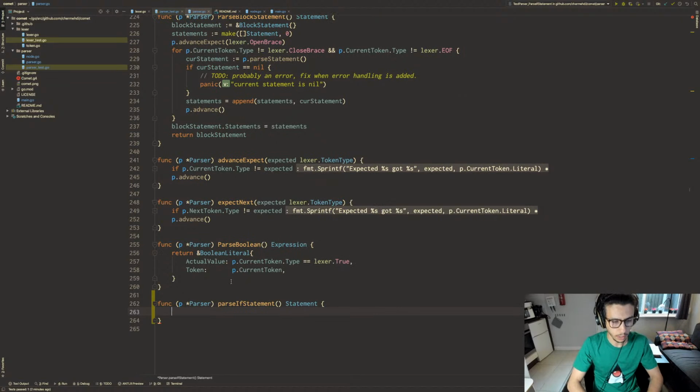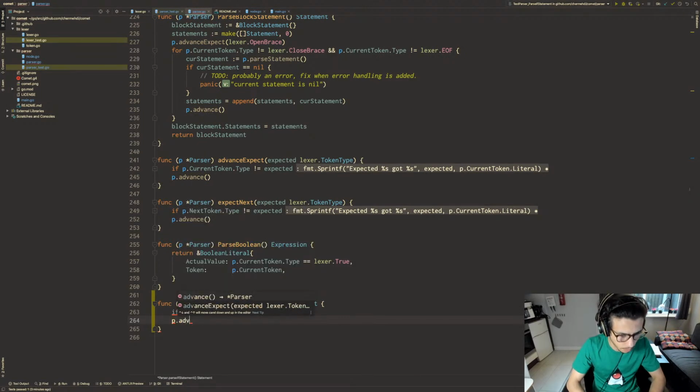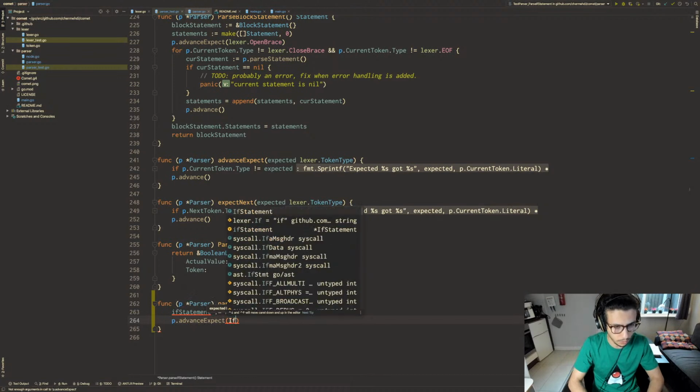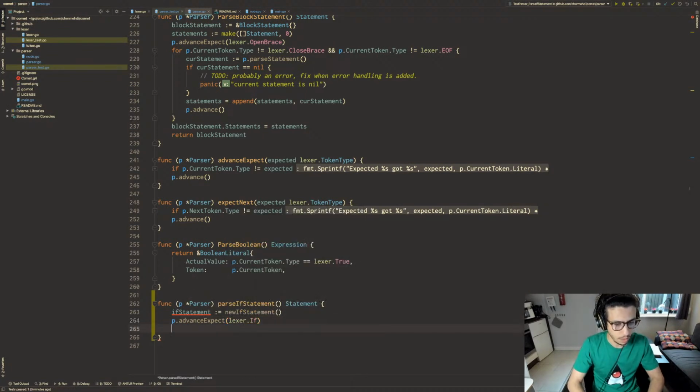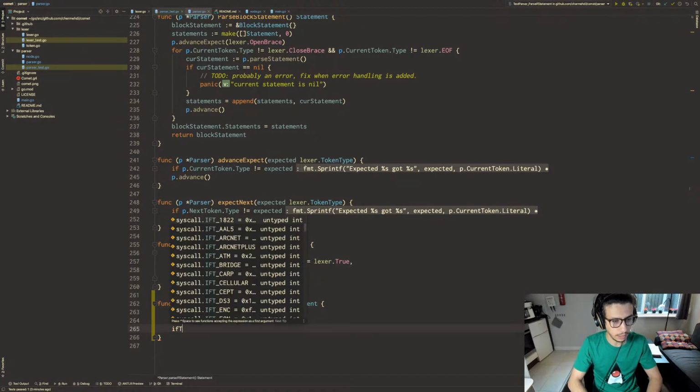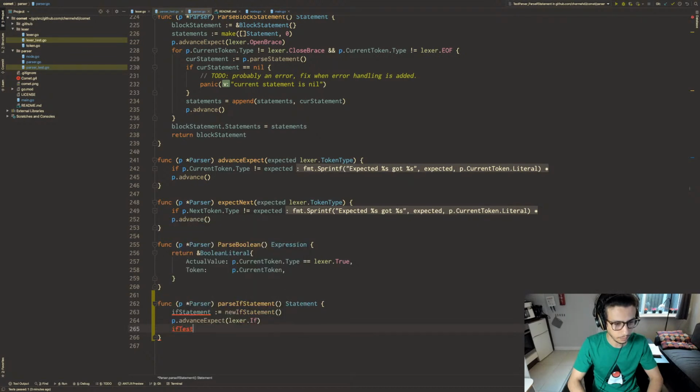So we know that we are going to parse an if statement. The first thing is the if, so let's create a new if statement. So this is the statement. And we want to advance because we are at an if. Let's do an expect advance, so the current type is if. And the next thing is an expression. It's the test expression, if statement dot test. It should equal p dot parse